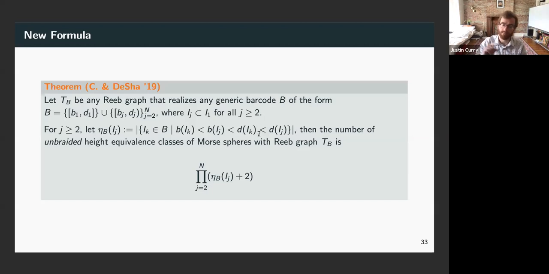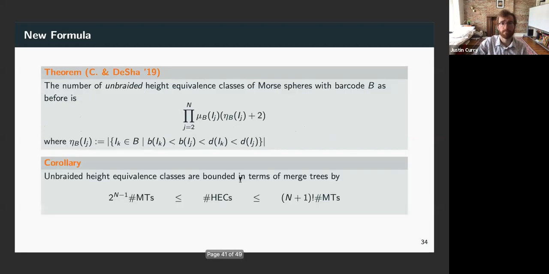And I'll give you a visual depiction of that soon. And the result, which Jordan helped me pin down, was that if I fix a given Reeb graph, the number of unbraided height equivalence classes of spheres gives me another sort of multiplicative formula where I take this eta bij and I add 2. So just putting that together with the merge tree counting formula, I now have this really